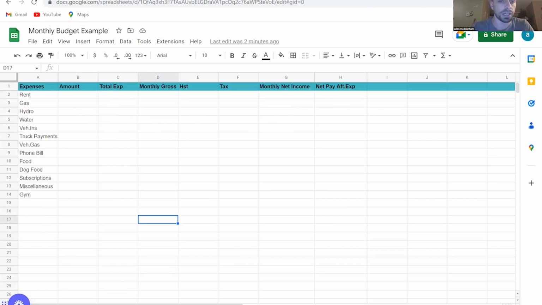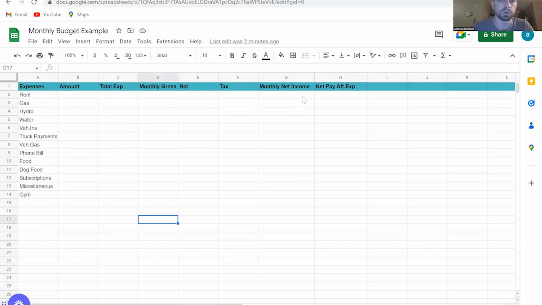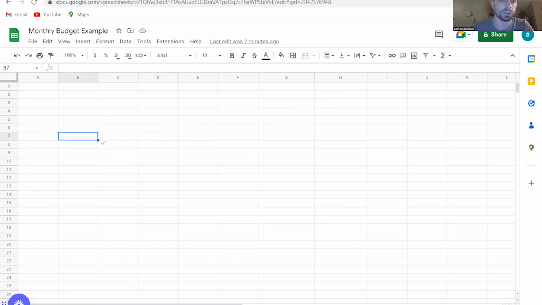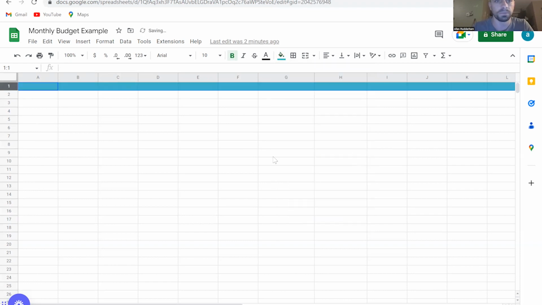So right now I have a blank sheet here, but I just want to show you quick. This is how it will look. To start, I'll usually change the color on the top to whatever color you like. I like this teal green or whatever it is. And then I'll put all these